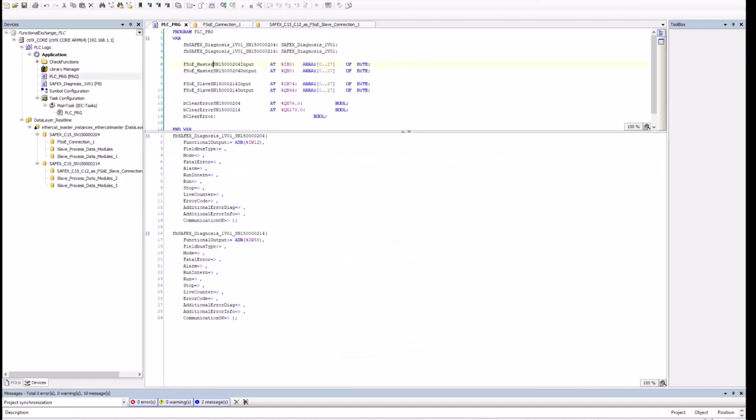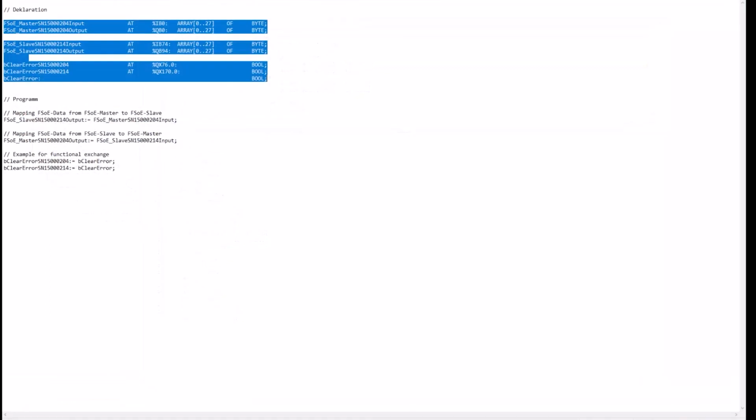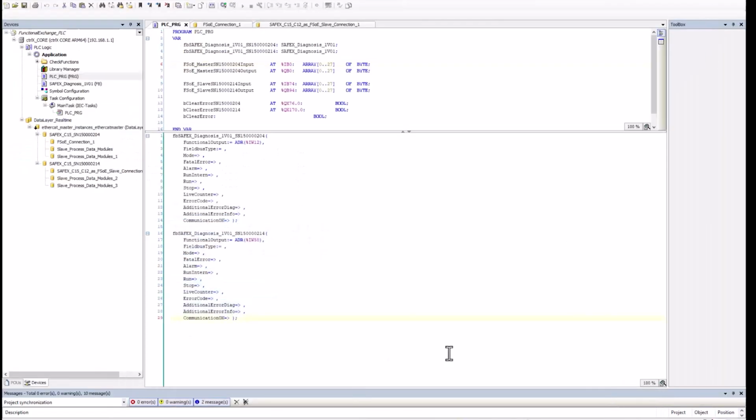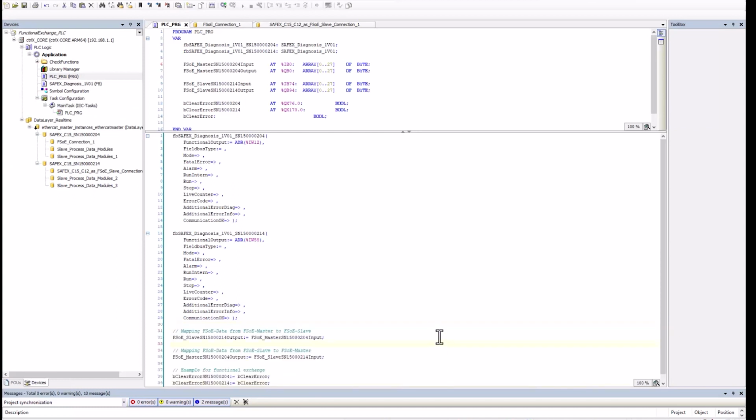For this I change again to my prepared program and copy the data into the program code. The whole thing is done here by 2 lines.